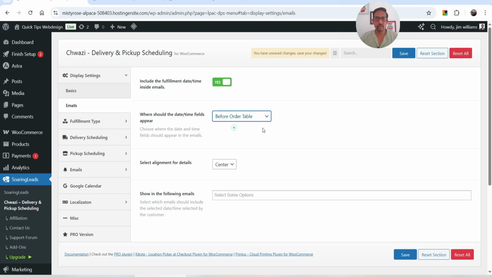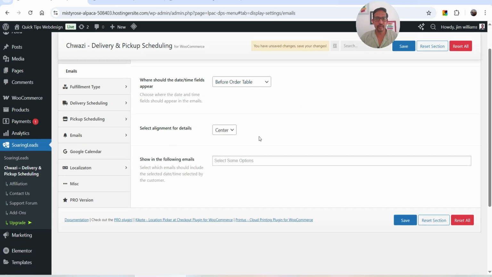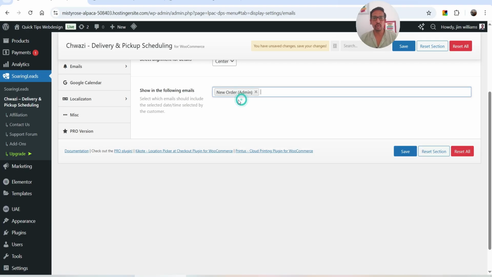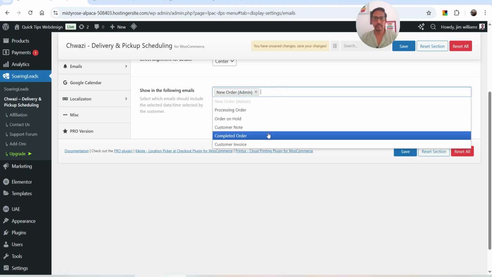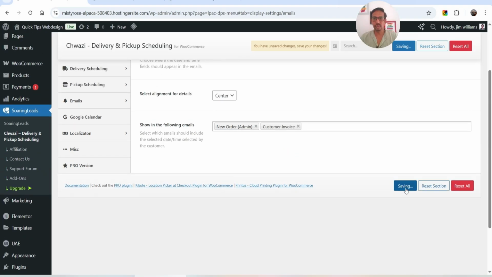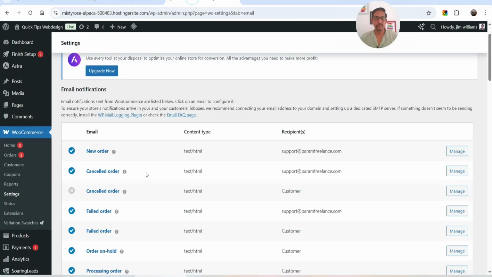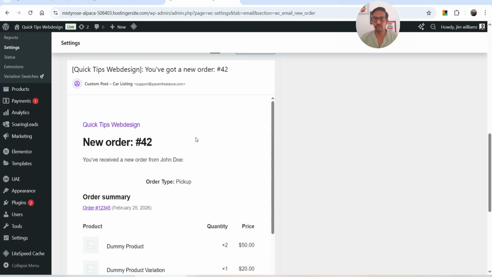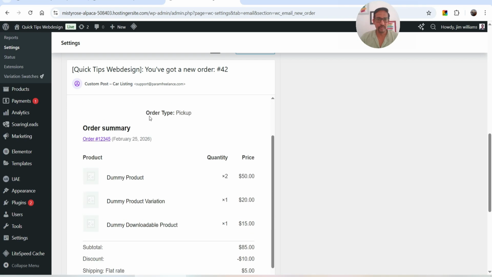Let's select before order table, and from here show in the following emails. I'm going to select a new order email, and let's say customer invoice, which will go to the customer. Click on save. All right, now this is new order email templates. Click on manage. This is the default layout of the email that is sent to the admin, and now here